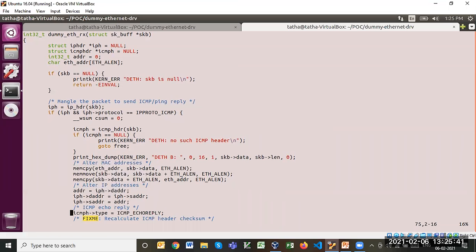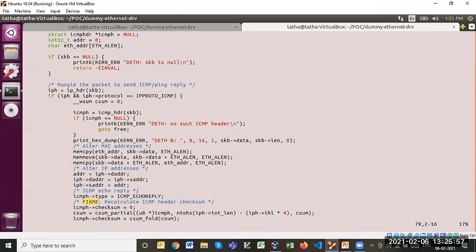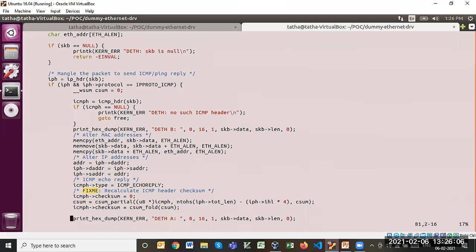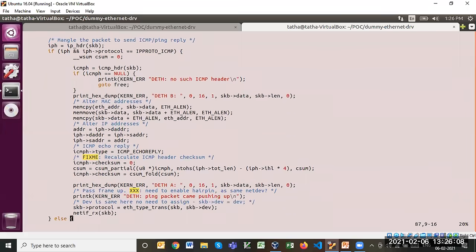But here, if it is ICMP protocol, then I am altering the source and destination MAC address. Similarly, I am swapping the source and destination IP address, and I am receiving the ICMP echo for the ping. So I am making it an ICMP echo reply, calculating the checksum, and sending it back to the network stack.